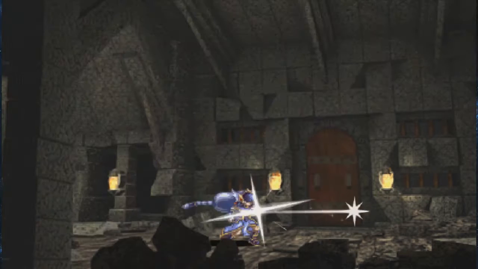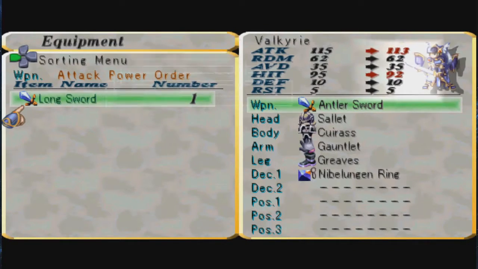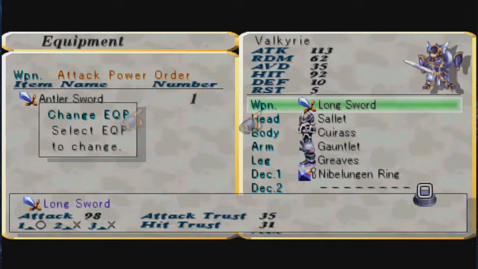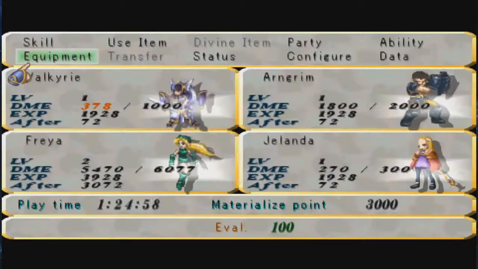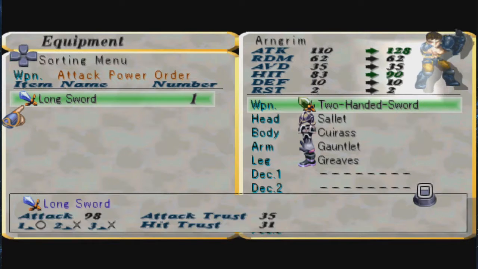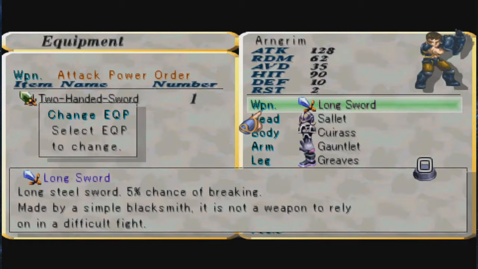Hey, free weapon! Now, that doesn't mean it's good, but it's a chance to explain things. Okay, so long steel sword, 5% chance of breaking, made by a simple blacksmith. Is not a weapon to rely on, difficult. That all aside, the catch on that is that